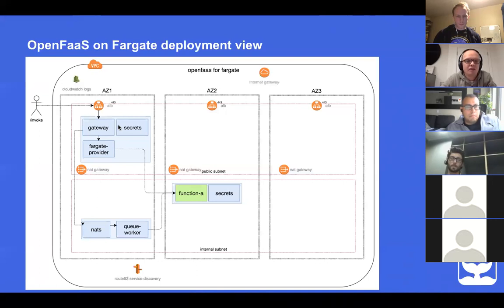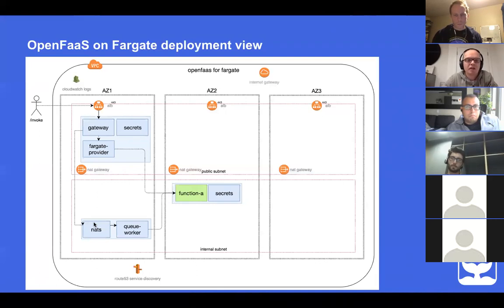And then functions are at the moment proxied through the gateway to the Fargate provider, then off into a function which may or may not have a secret sidecar if it uses secrets defined in its YAML file. And then we've got the NATS over to the side here.